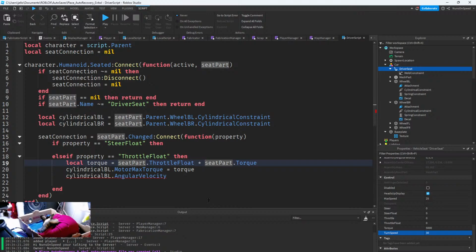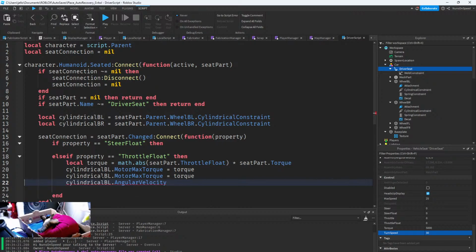Because you can't have negative torque, so we got to go math... Now this motor max torque value does not work with negative numbers, and our torque will currently go into the negative value. So to prevent this from being a negative value, what I'm going to do is say